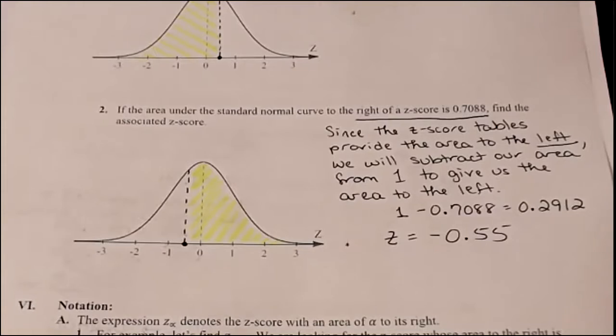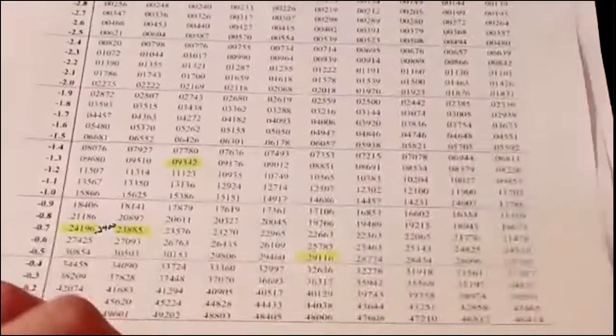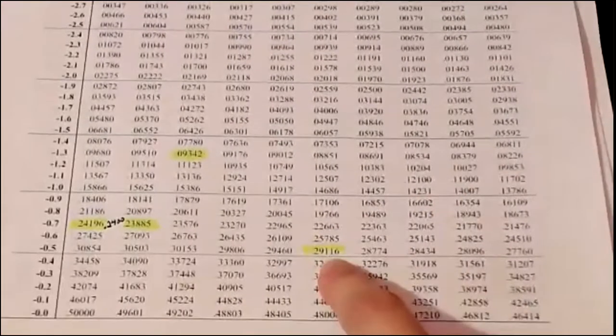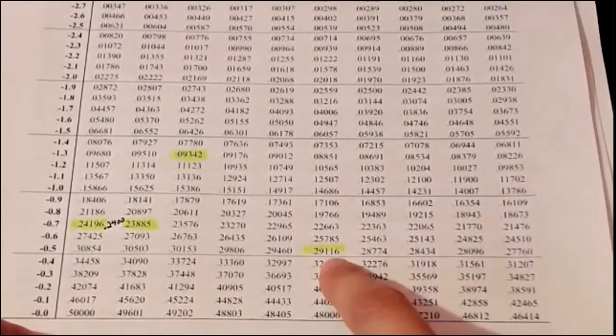Professor, yes, I have a question. How do we find 0.2912 from this distribution list a lot faster? Well, I don't know how to describe a lot faster, but essentially, on the negative side of the table,